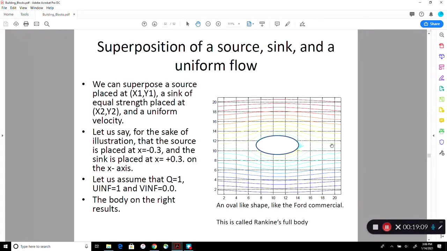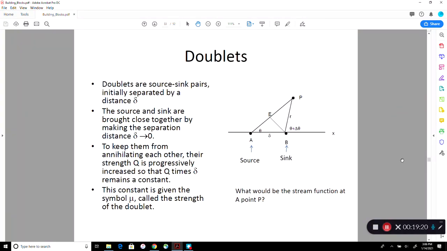So if you ignore viscous effects, it's a pure inviscid irrotational flow. In this case, we get zero lift and also zero drag. So let's stop this video at this point, and we'll continue with our